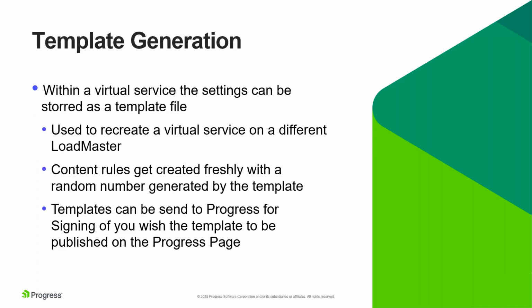On top of that, if you have created a certain service with certain settings that works for you in your lab, you can generate a template from that and import the template to a different load balancer and then create a new virtual service based on the settings from the template. Now, you won't have the default gateway in that template because the networks can change and you won't have the real service behind it, but everything else will be in the template. For example, if ESP is used, what settings you have in ESP. If you have sub VS or content rules, it will be all part of the template.